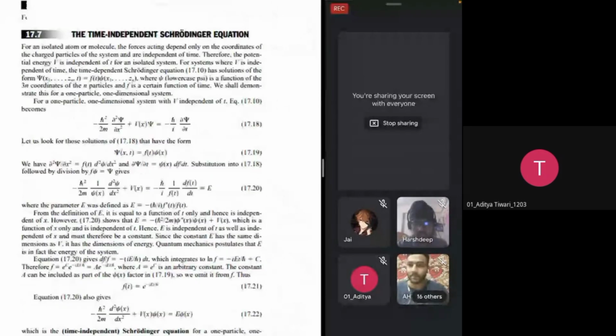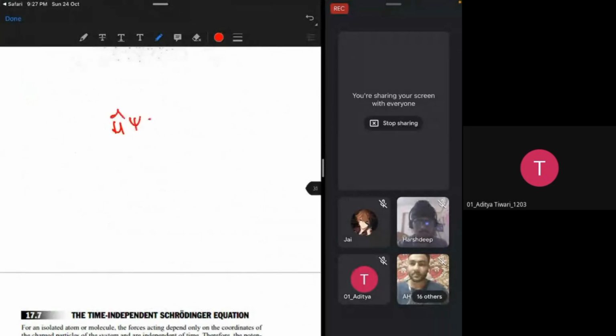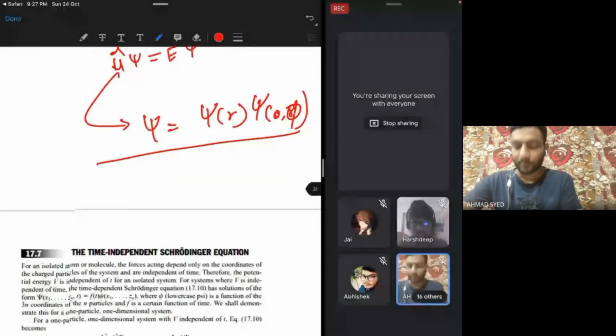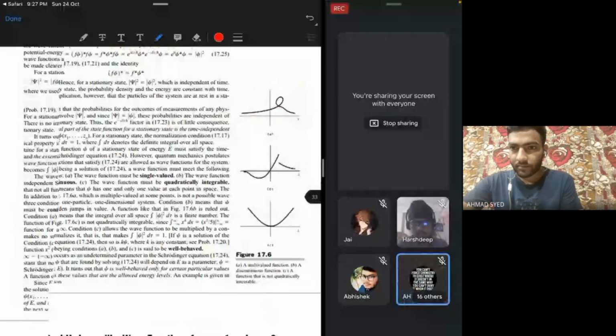Now, as I had told you, from the machine, what is the machine? From this machine you get psi, and what psi do you get? You get psi r and psi theta phi, right? Yes, till here we got started. Now we have to come, you skip these two pages. Now we come here. Okay.